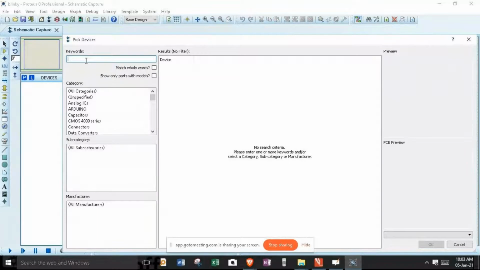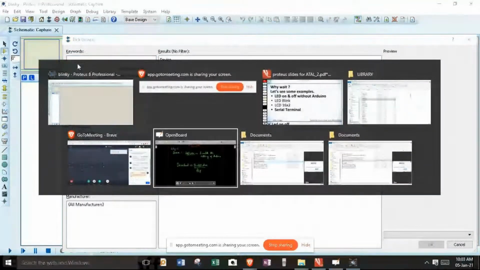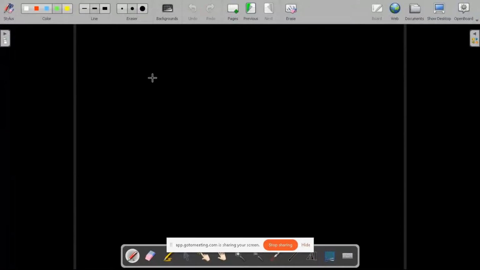Because right now I am trying to do this Blinky experiment, let's try to perform this without Arduino first, but let me explain the circuit first. Right now we'll try to do this blink without Arduino first.